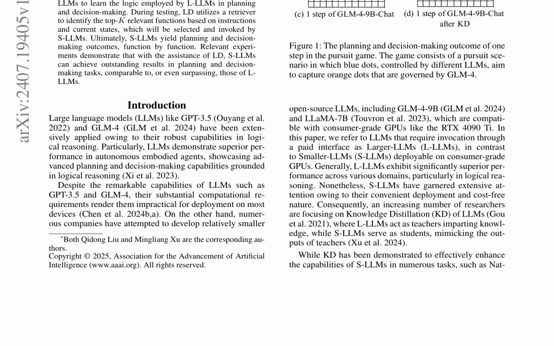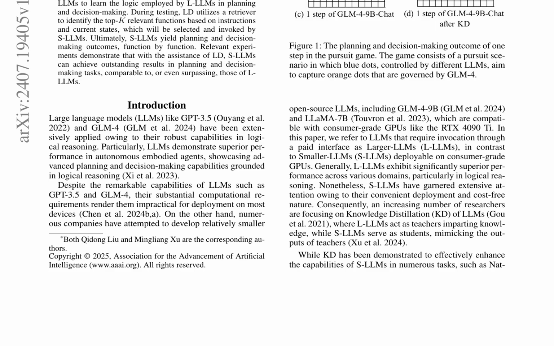The existing knowledge distillation (KD) approach aims to transfer knowledge from L-LLMs to S-LLMs, but it has limitations. S-LLMs merely mimic the outputs of L-LLMs without comprehending the underlying logic, leading to poor performance in planning and decision-making tasks. The authors argue that KD fails to address the issue of S-LLMs struggling to follow complex instructions and understand